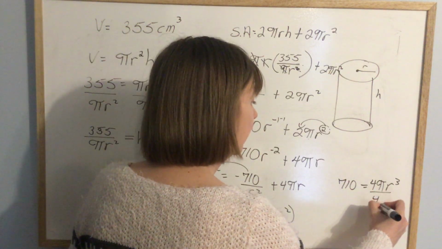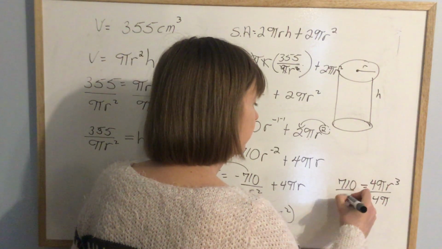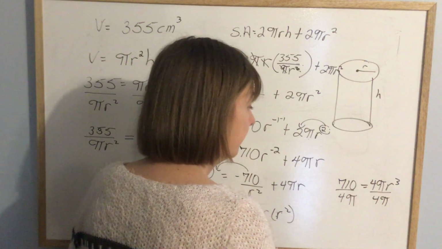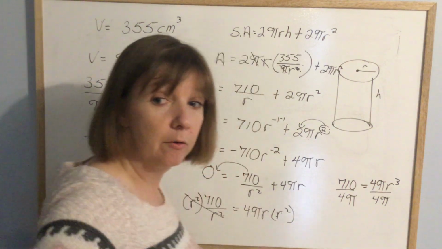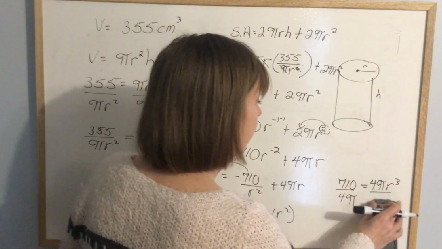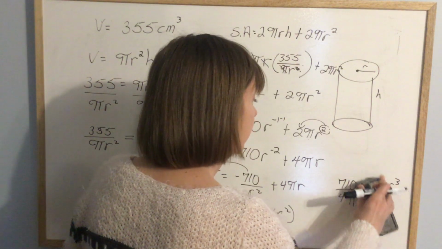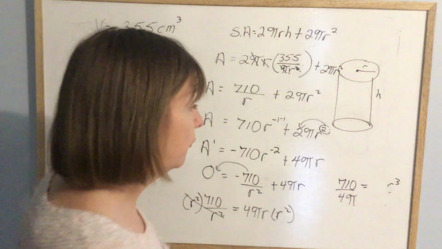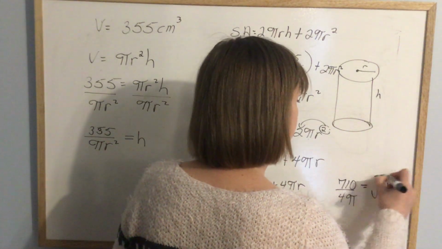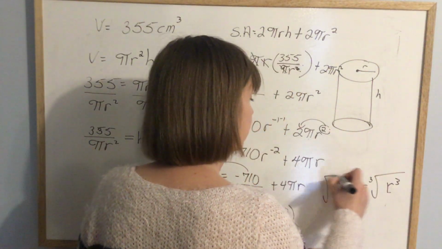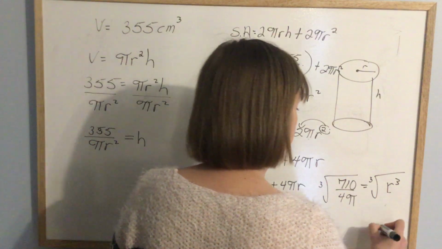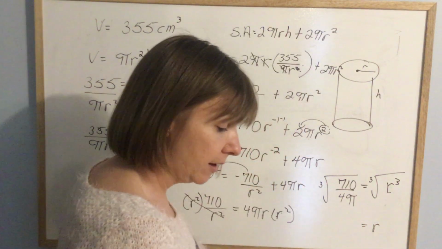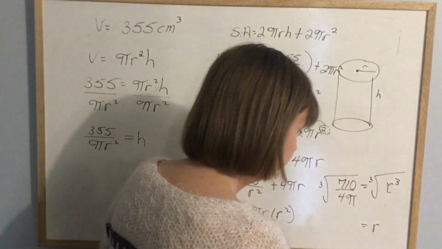I'm going to divide this side by 4 pi so that the 4 pi is gone. So I have r cubed is equal to 710 divided by 4 pi. So I'm going to take the cube root of this side. Turns out that your r should be